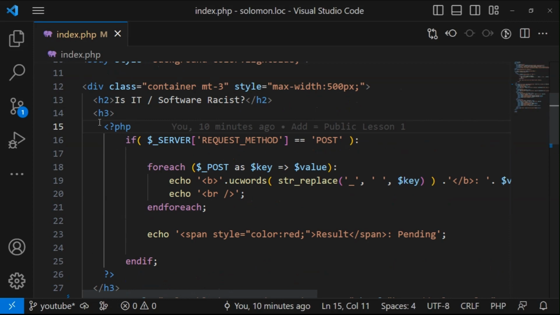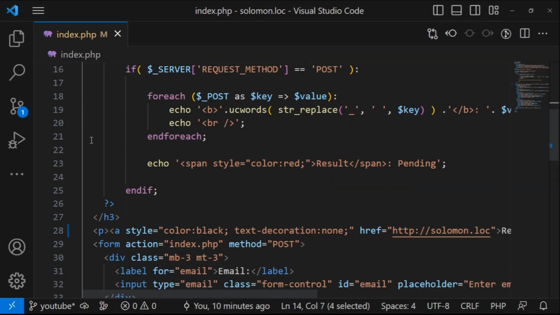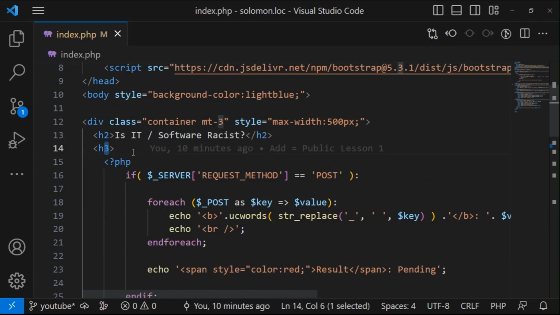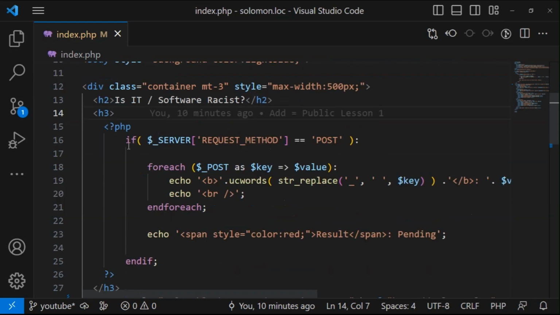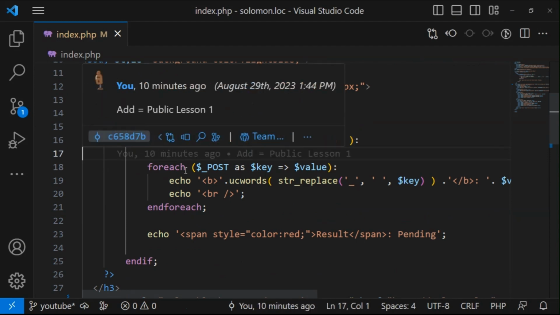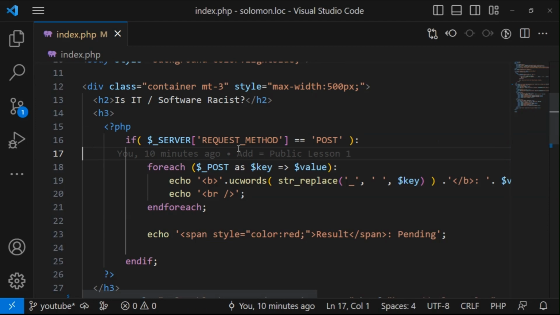So right here between this H3 tag and this closing H3 tag, I made it H3 just so it'll be a little bit smaller than the text that's inside of H2. So those numbers, as the number gets bigger, the text actually gets smaller. So it's like font sizing, right? So I put here if. Now, I know you don't understand what this stuff means, but basically, I'm saying that if the server is receiving